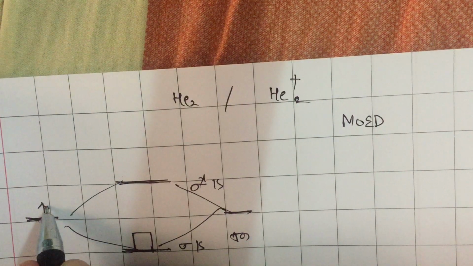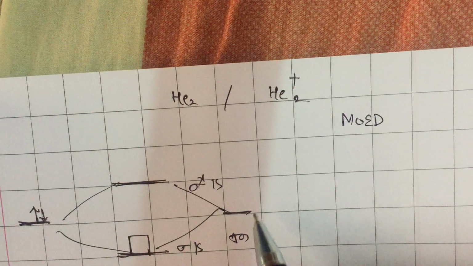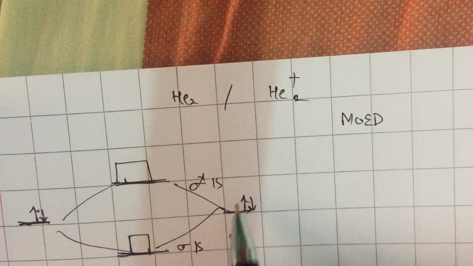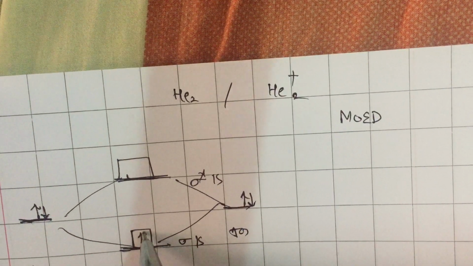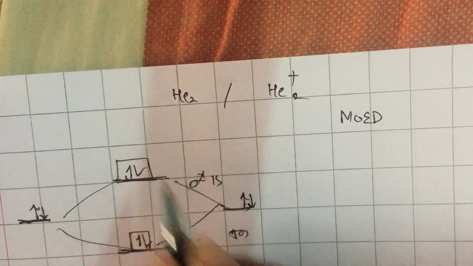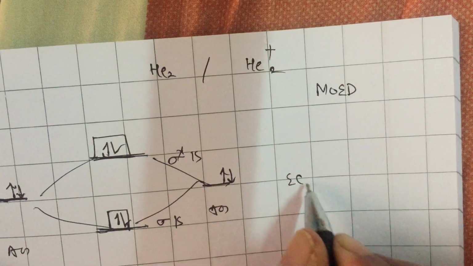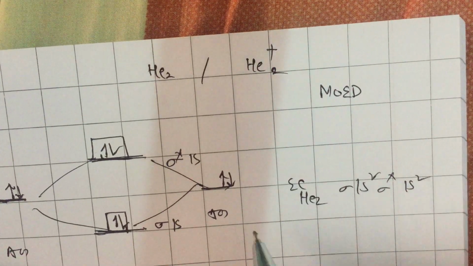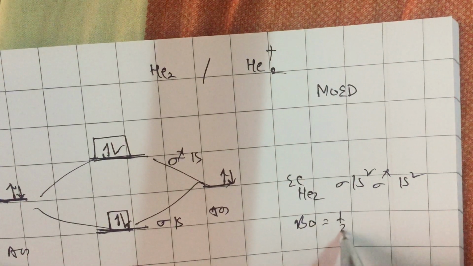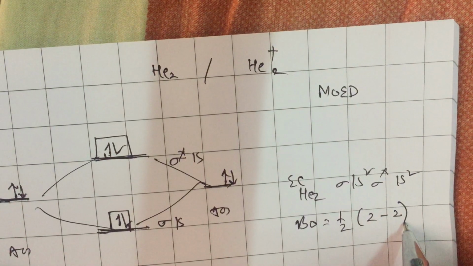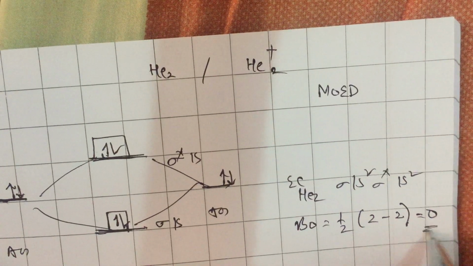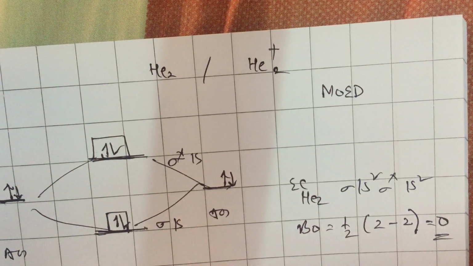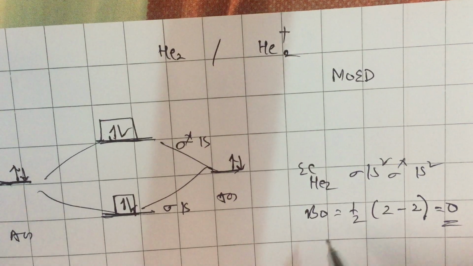Now helium has electron configuration 1s2 because atomic number is 2. This also is 1s2. Total number of electrons is 4. I place them in the molecular orbitals as sigma 1s2, then naturally I will go to sigma star 1s2. So the electronic configuration of He2 is sigma 1s2, sigma star 1s2. And now bond order is half into number of electrons in BMOs minus number of electrons in ABMOs, which is 0. Since the bond order is 0, He2 molecule never forms. Once it never forms, there is no meaning in talking about its magnetic nature.